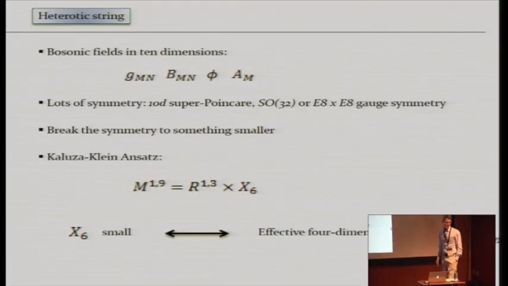That's very nice, but it's a lot of symmetry. And perhaps we want to discuss compactifications which are more realistic or which have interesting field theories as limits. In order to do that, we're going to have to break all the symmetry to something smaller and more manageable. The way we're going to break it, we're just going to use the standard Kaluza-Klein ansatz. We take our 10-dimensional space-time and take it to be of a direct product form, 4-dimensional Minkowski space times some internal manifold.